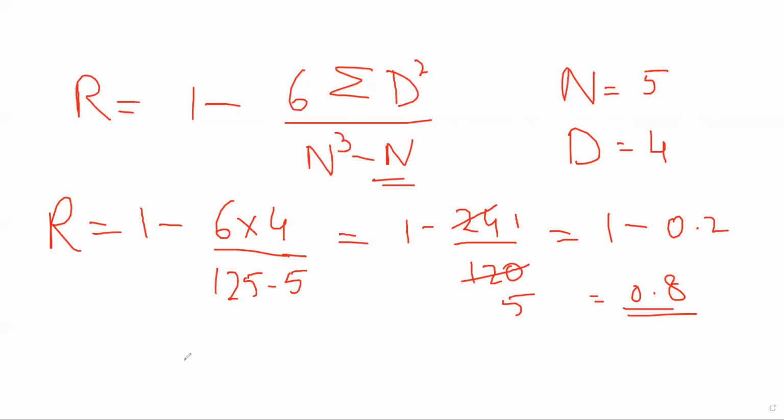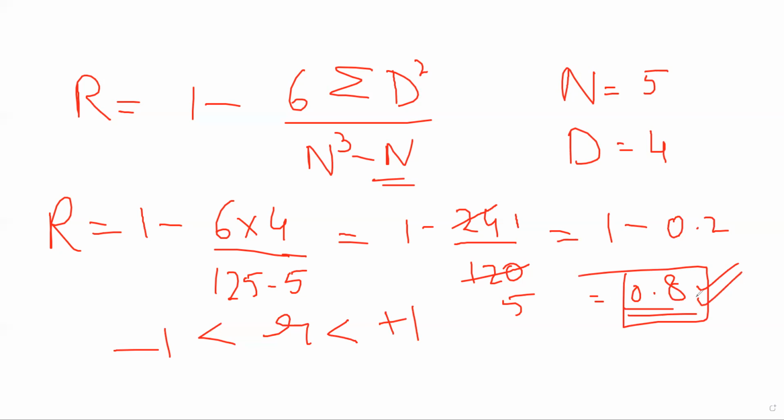If you remember, I told you correlation coefficient will range in between -1 and +1. If you are getting a positive correlation, and this positive correlation is very close to 1, 0.8 is very close to 1, it means any student, how can I interpret that? In that problem, that fellow had given me anatomy marks and med-surg marks. By calculating this relationship, I can tell that any student who has high marks in anatomy will have high marks in MSN as well. Did you understand? What is the conclusion of our problem?